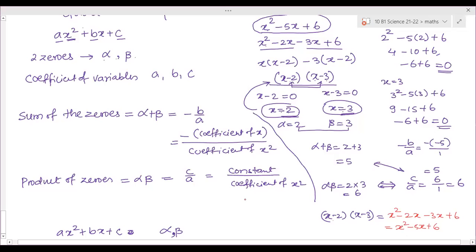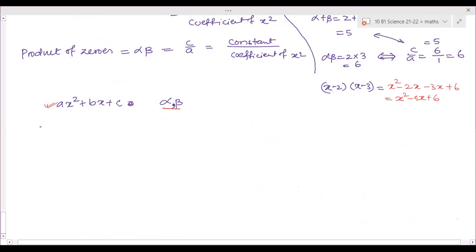Can you understand? So from the zeros, we found the factors. From the factors, we multiplied, and we got the polynomial. This is the way you multiply: x into x minus 2, minus 3 into x minus 2. Then go back, product, then simplification. You're going the opposite way. Similarly, this is the polynomial and these are the alpha and beta.